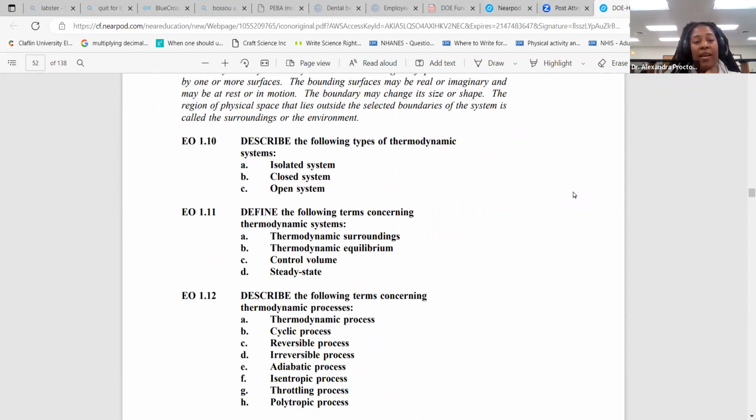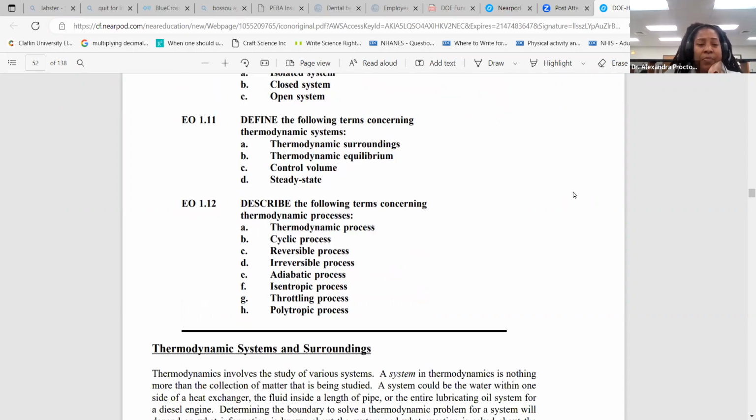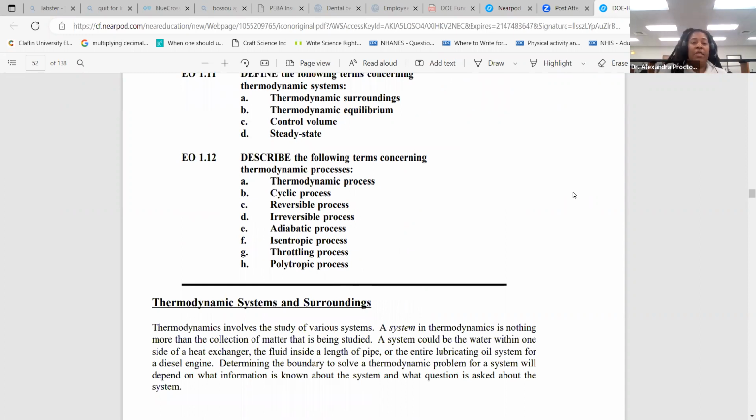And then of course define these terms concerning the system, which are thermodynamic surroundings, thermodynamic equilibrium, control volume, and what is steady state. And then we're going to describe the terms thermodynamic process, cyclic process, reversible process, irreversible process, adiabatic process, isentropic, throttling,